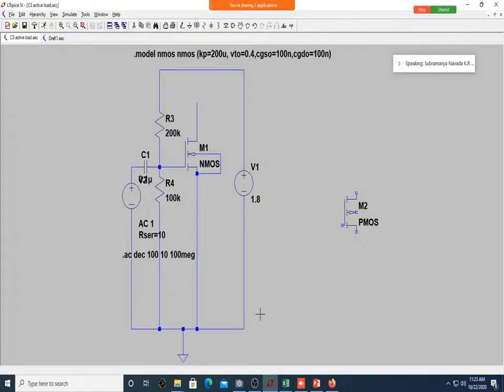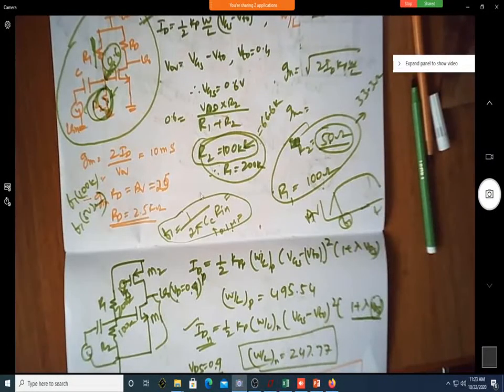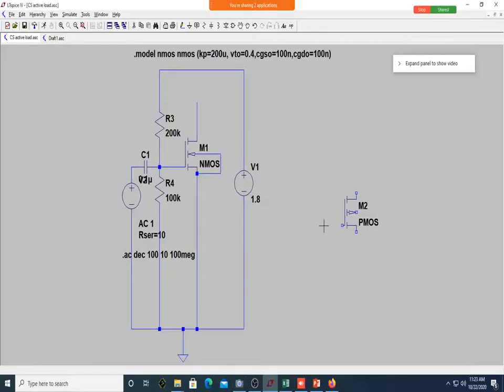A small line will be there towards source. Where is that small line? It is there in your notebook, man. It's there in my notebook, but it is not there in my symbol. In my symbol, this is also looking the same. Now, how do we differentiate which is source and which is drain? Do you know this is gate? Yes, sir. The one which is closer to gate is source. Correct? This is gate, this is source, this is drain.